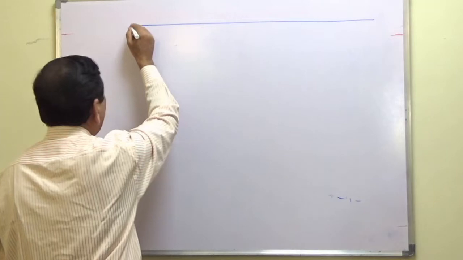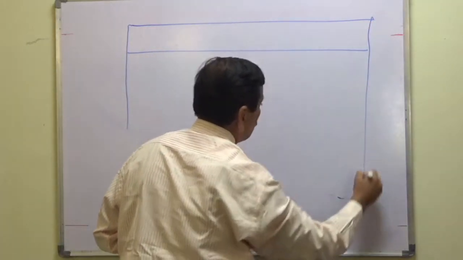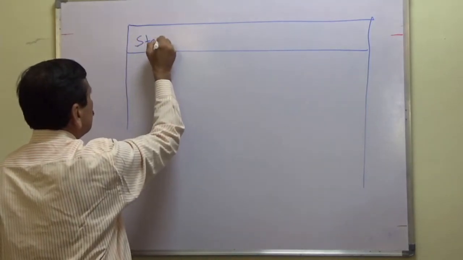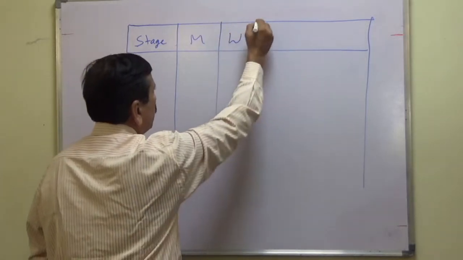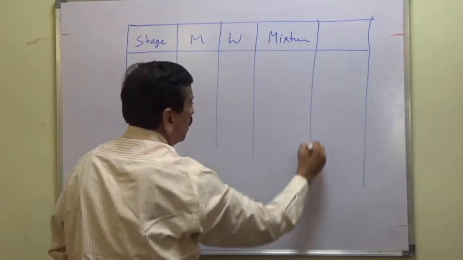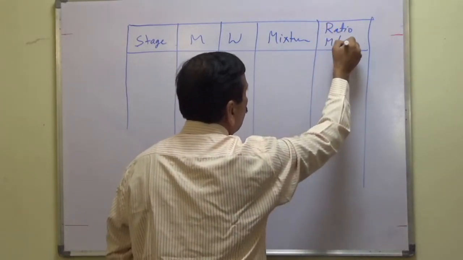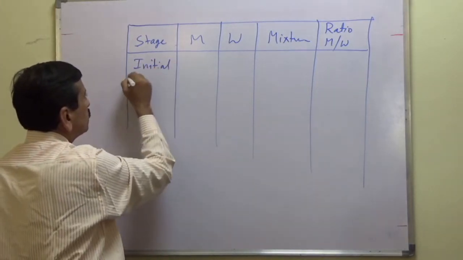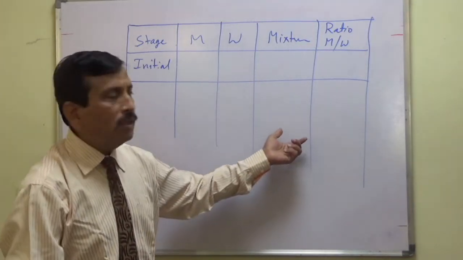We'll try to build a table. We'll have stage. We'll have milk, we have water, we have mixture, and we have ratio of milk to water. Initial stage. Initial stage, we are given that milk and water are in the ratio